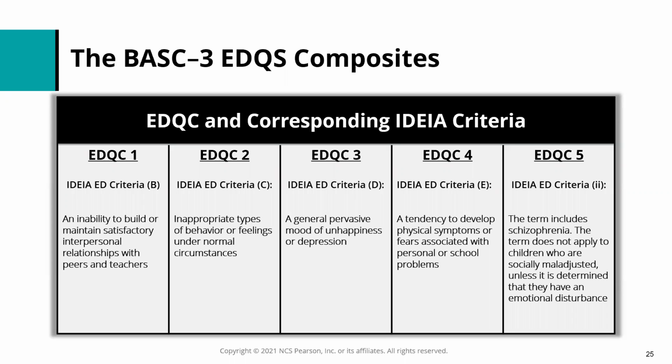But they don't answer the question of why students behave as they do. So some students who meet the criteria for ED based on behavior might be better categorized under a different disability when their behaviors are better accounted for by the other disabilities. So that's one thing to be aware of. And another thing is that nearly all students with ADHD, for example, will have inappropriate behavior under normal circumstances. And sometimes that could be caused by an emotional disturbance. However, in most cases, those behaviors are better accounted for by the presence of ADHD.